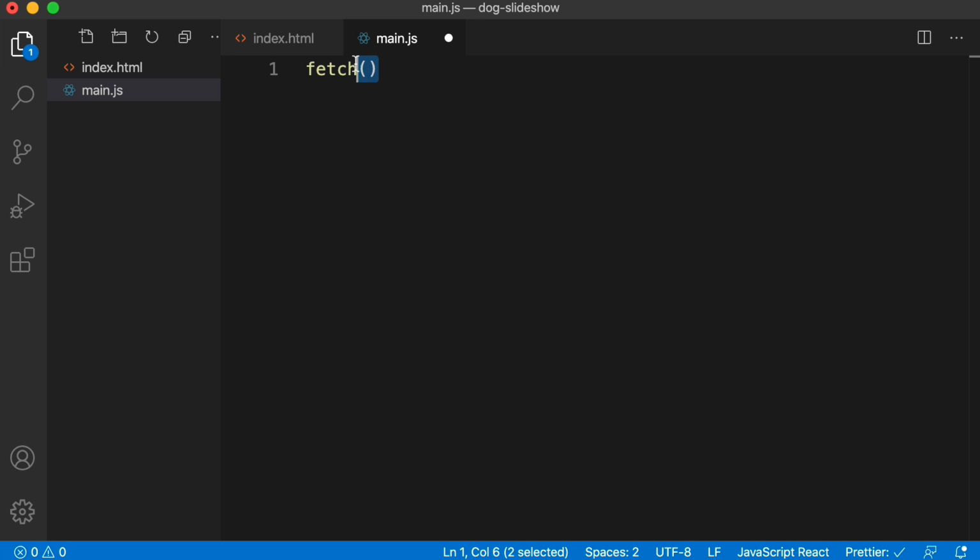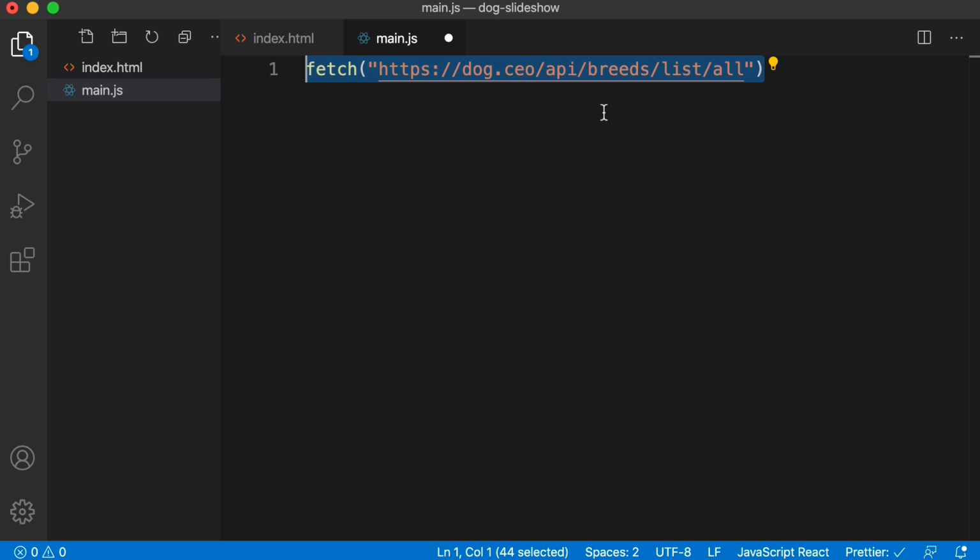The idea is inside these parentheses, we give it an argument, so quotes, we give it a string of text or URL. So I'm just going to paste in my clipboard. So we're just saying we want to fetch whatever data lives at this URL. So this code looks simple enough, but there's actually a bit of complexity going on because fetch is not just